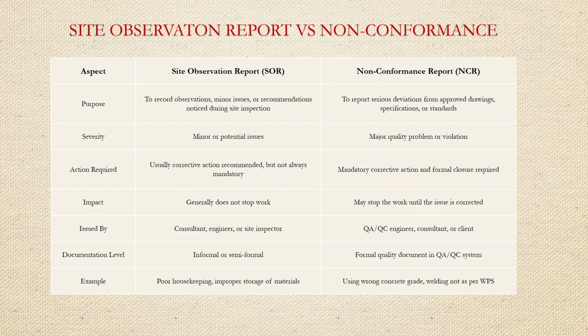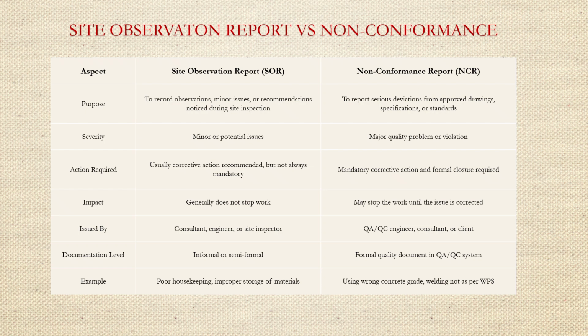Severity for SOR is minor or potential issues, while for NCRs there are major quality problems or violations. Action required for SOR is usually corrective action, recommended but not always mandatory, while for NCR mandatory corrective action and